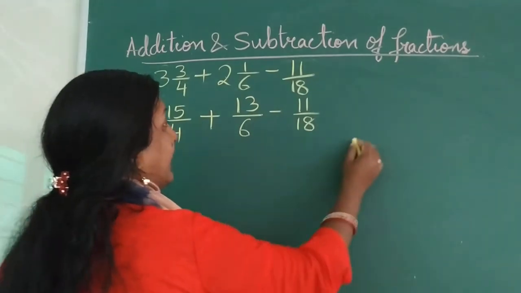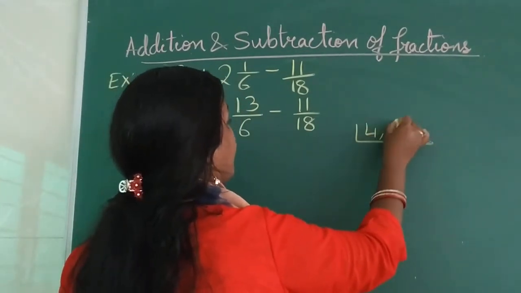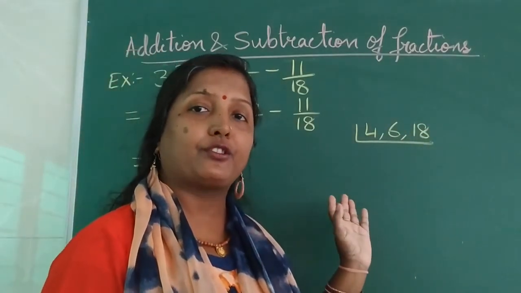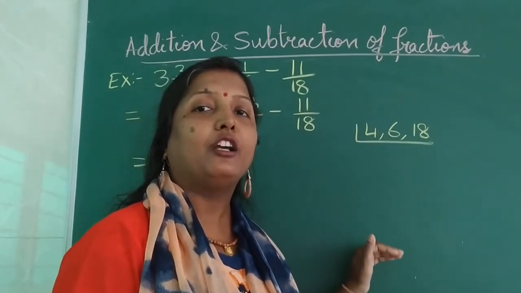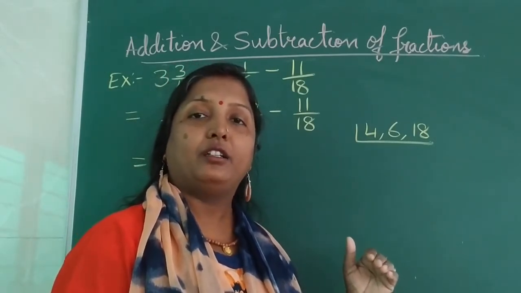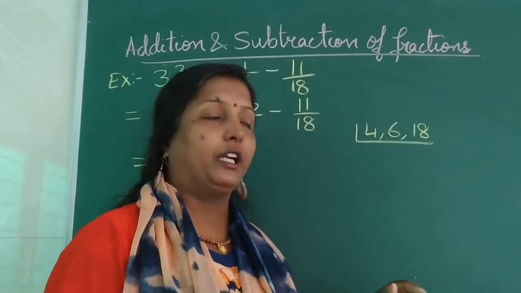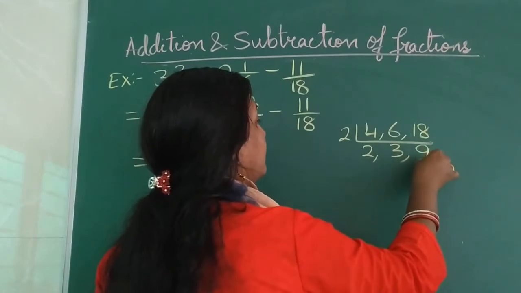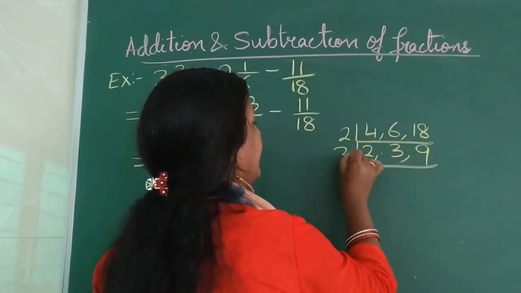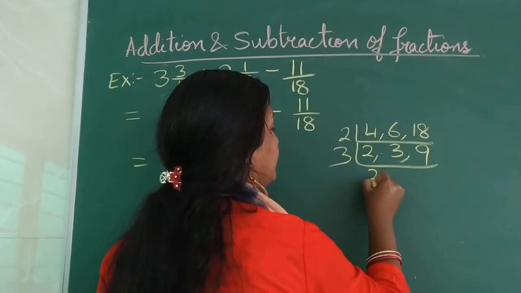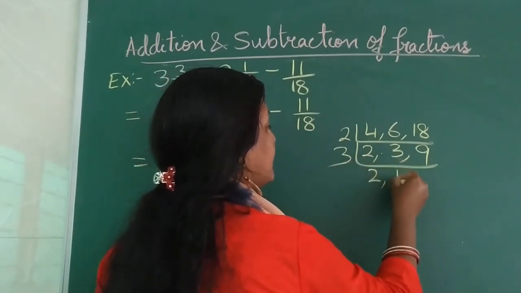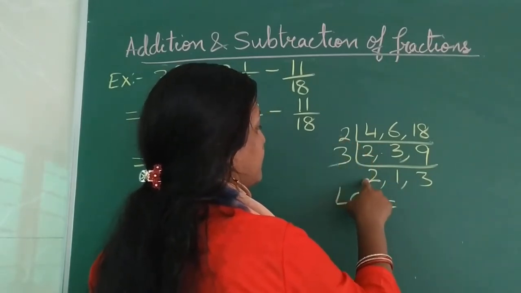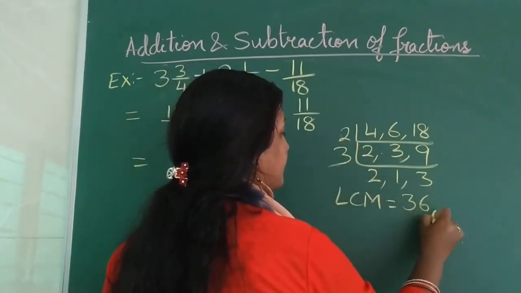Now you go for finding the LCM of the denominators 4, 6 and 18. So see, we have found LCM when we were comparing fractions. Here also, when we add, we make the fractions like fractions so that we can simply add the numerators. So we go for finding the LCM: 2 2s are, 2 3s are, 2 9s are, again 3 and 9 have common, so cannot be divisible by 2, so 3 1s are and 3 3s are. We get the LCM as 2 3s are 6, 2s are 12, 3s are 36.